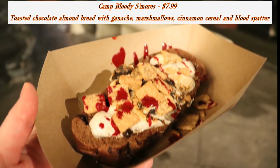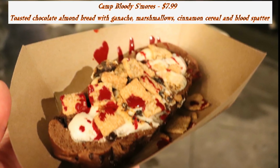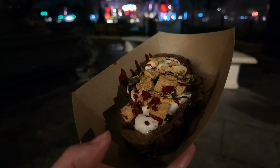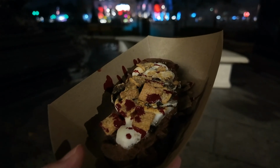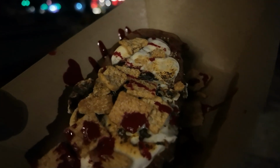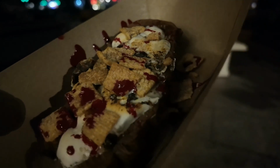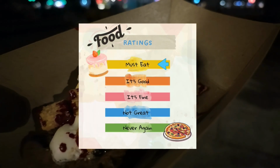Camp Bloody S'mores, $7.99. Toasted chocolate almond bread with ganache, marshmallows, cinnamon cereal, and blood splatter. This was really good. The chocolate bread actually had chocolate pieces inside it too, making it even more chocolatey. The blood splatter really does look like blood. This was so delicious and one of my favorite items of the night, so clearly it's going to get a